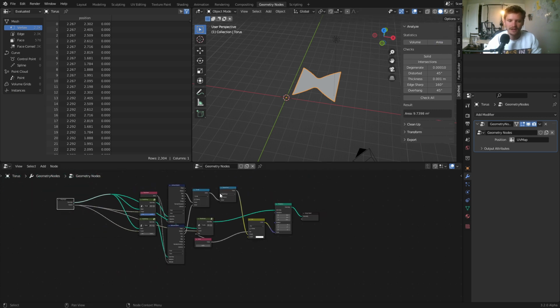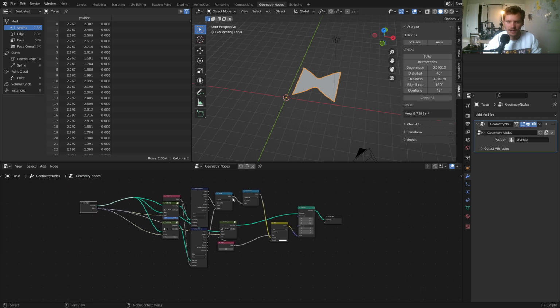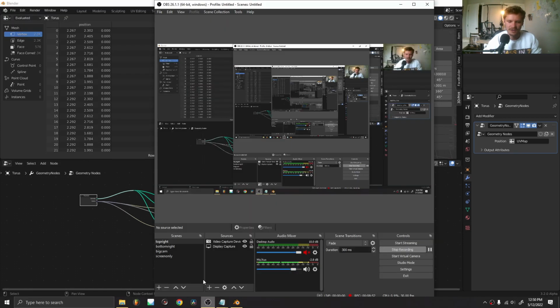So either way, highly specific node group for a highly specific question, but I wanted to remake an old tutorial in the context of geometry nodes and talk about this idea of conserving, whether it be surface area, volume, whatever. Volume would be tricky. Actually, no, it wouldn't be. Either way, thank you guys for watching, and let's wrap up this